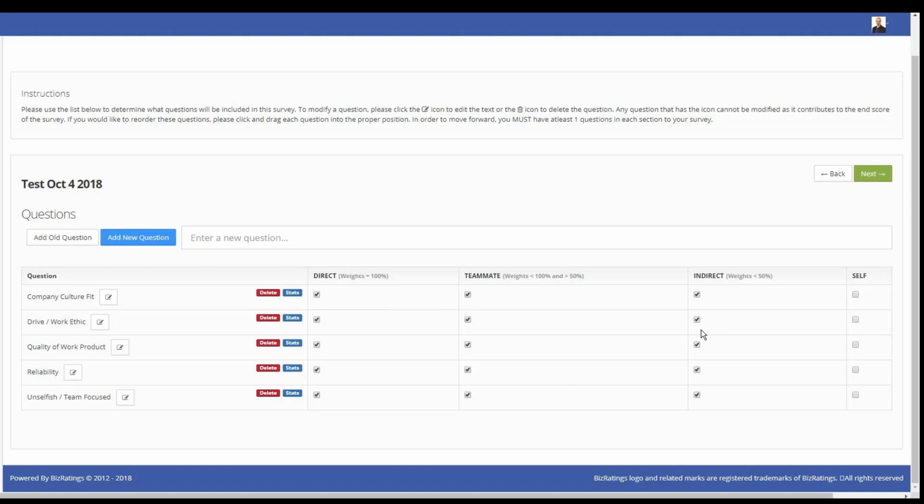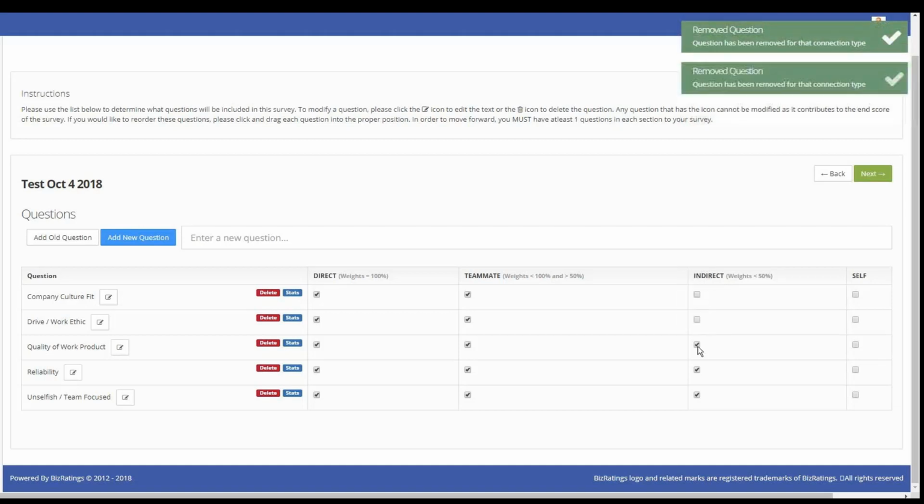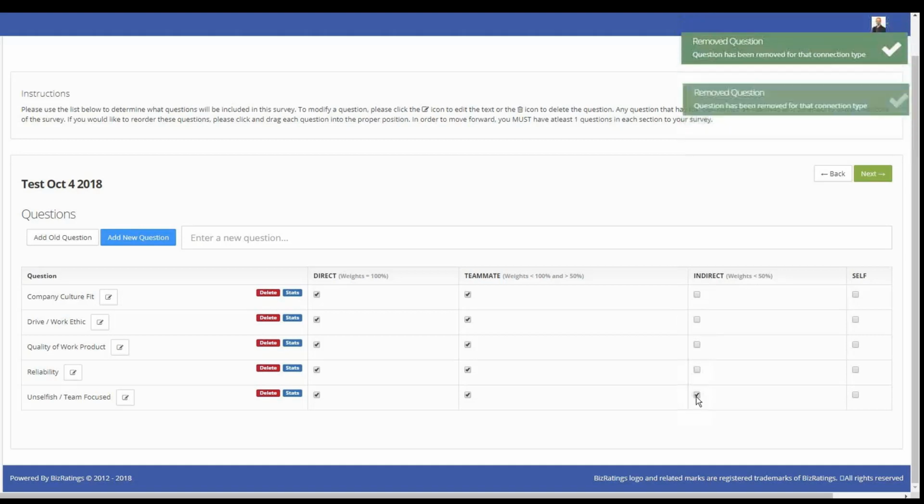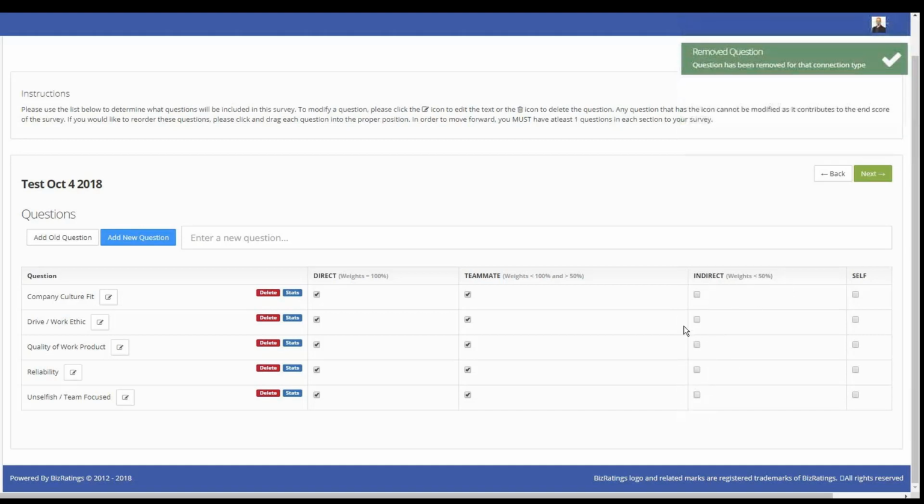Anyone that has a weighting above a 0 will get a survey about the other individual. Anyone who has a 0, those individuals will not show up on their survey at all. Let's say, for example, in this case, we don't want the indirects, people who are 10% or anything less than 50%, to get these additional questions. They will get the survey, but they will only be able to give a 360 score for that individual.